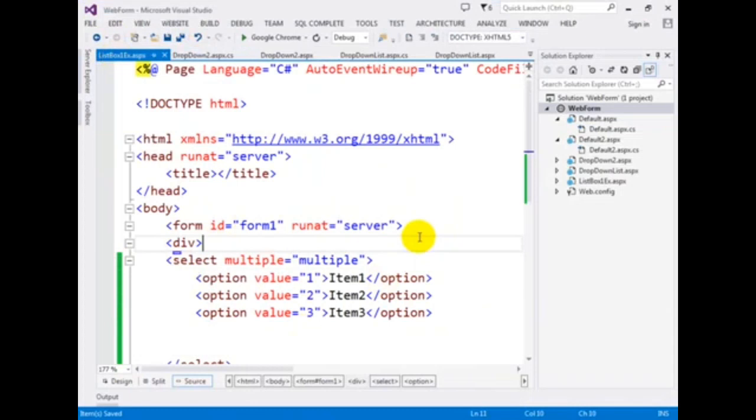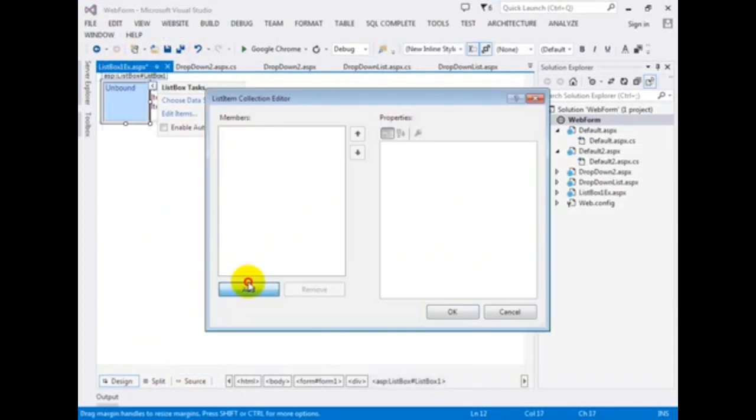Like that you can add other items also. One more thing to remember is that when you type the text, the same text will be set as the value, so we just need to change the value manually. So this is our manually created list box.